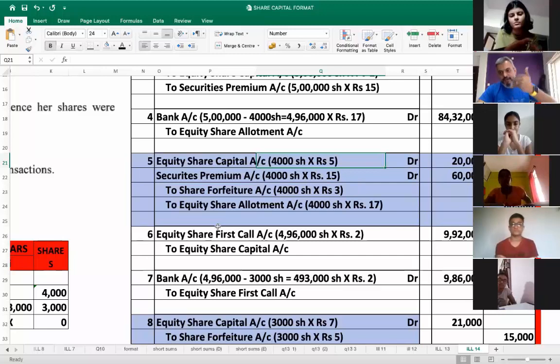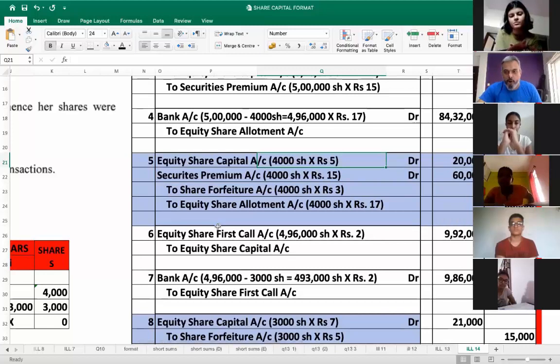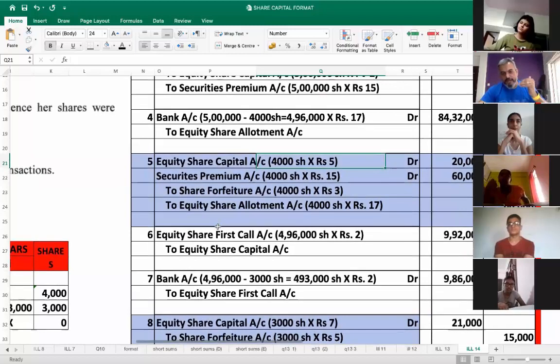And if these shares are reissued as fully paid up, then the extra amount received from the shareholder is our calls in advance. We have seen such sums in the past. You can watch the lecture, and such sums are also solved in my other video lectures on the app. But be careful about this. Is this clear? You have to see at what stage you are forfeiting and then at what stage you are